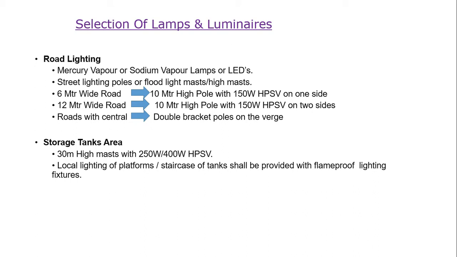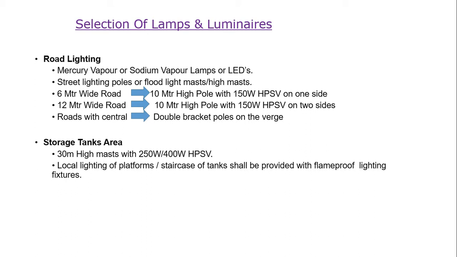So we can broadly categorize our lighting into two parts on broad classification. One can be indoor, the second can be considered as outdoor. So in outdoor also you can broadly classify into general area lighting, road lighting, specific lighting, and in indoor also we can specify to our requirements.